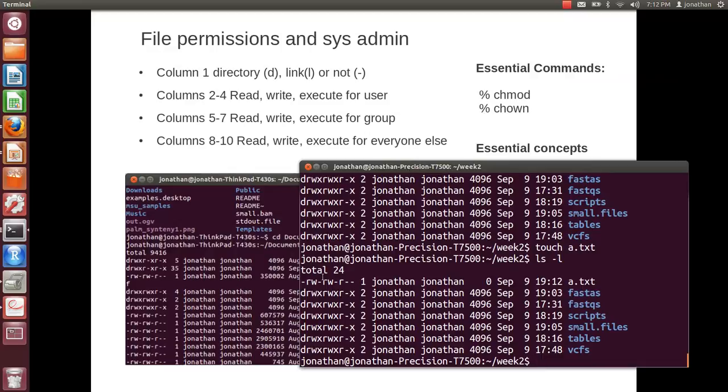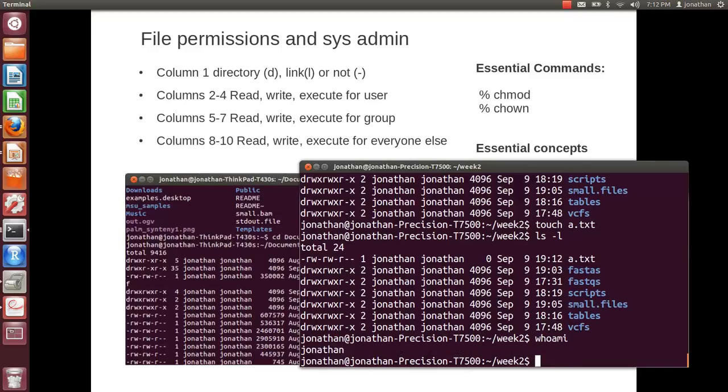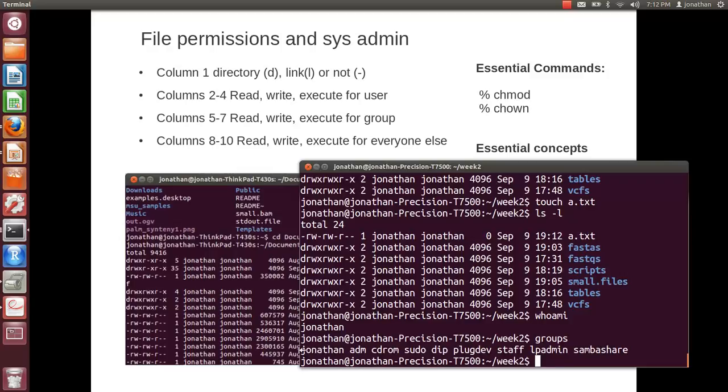And then there are the permissions columns, right? So the first three columns are for the user. This is maybe not a good example because I'm both the user and the group. I can type whoami. I'm Jonathan, and then groups. Here are my groups, but I also have a group called Jonathan. You could do this on your system and see how this plays out, but the second, third, and fourth columns are the permissions for that file for the user. So I have read, write, and execute